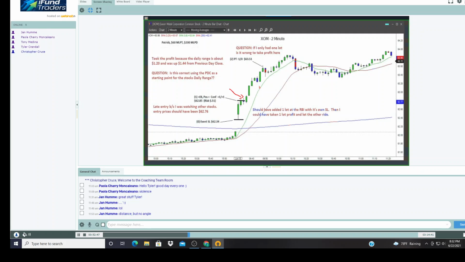Or, let's say it pulls back, right? And we get a power move here, and then a little RBI off the moving average. That one I would accept, right? That one I think is better, right? So maybe you get this one, and maybe you get that one. Those have better odds, right? Because you're already out of the pullback. The moving average is holding. You have a lot of help there, right? I just don't like this one that's in the stratosphere.